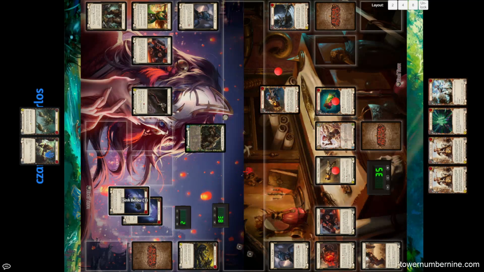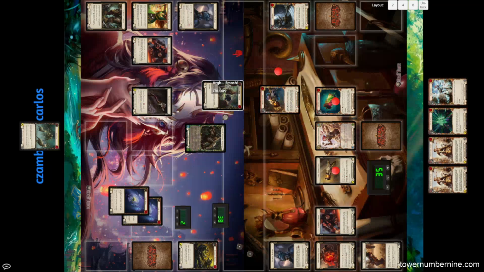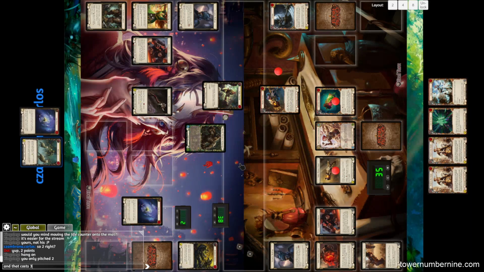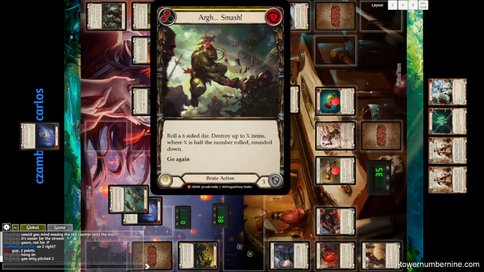So we're seeing 2 sink belows pitched here. He had these in hand, but he's actually going to pitch them, and he's going to play Arg Smash. This is a core card. Okay, so he changes his pitch, plays the infamous Arg Smash: roll a 6-sided die, destroy up to X items,